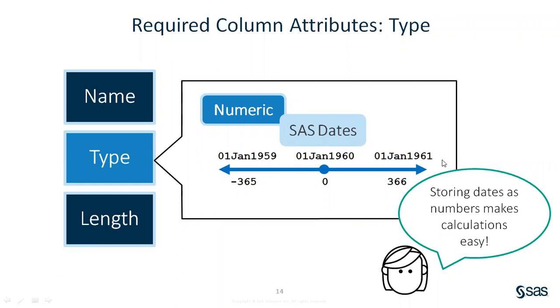So it's next year, and this year being a leap year, hence it is 366 days. This date will be saved as 366 days, whereas 1st Jan 1959, which is 1 year prior to 1st Jan 1960, is saved as minus 365 days. Hence, SAS saves a date as a numeric value in the form of the number of days, which it calculates from 1st Jan 1960 to a specific date. All right.